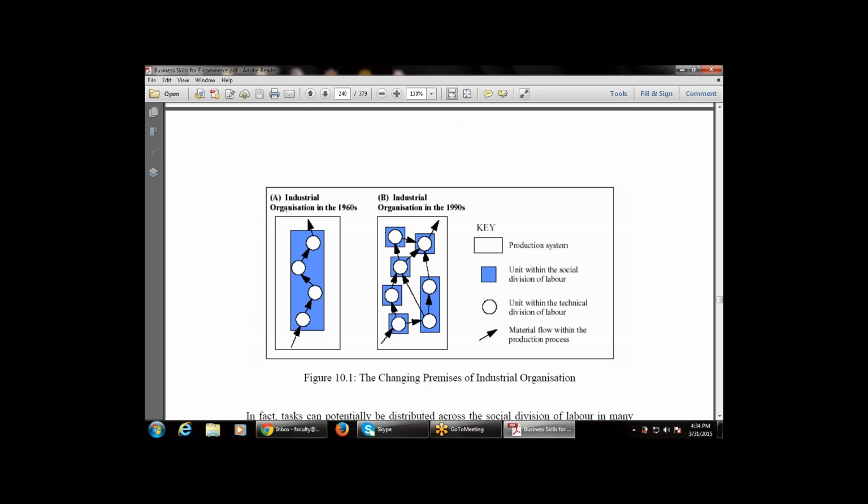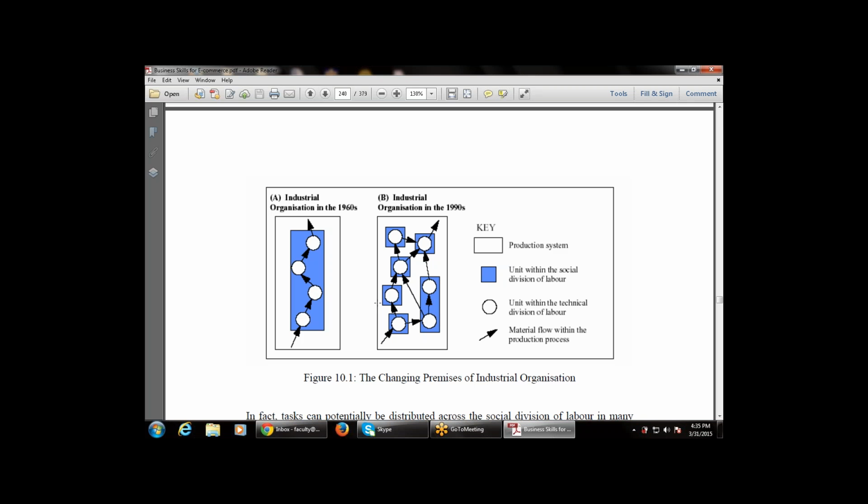This is the industrial organization in the 1960s. There is a single person communicating with the next person, who communicates with the next person. But in the 1990s, there are multiple divisions, at the peer level and otherwise. One person communicates to two persons, and each of those also communicates to two persons, and this one communicates to a single person. So there is a different change in the division of labor,